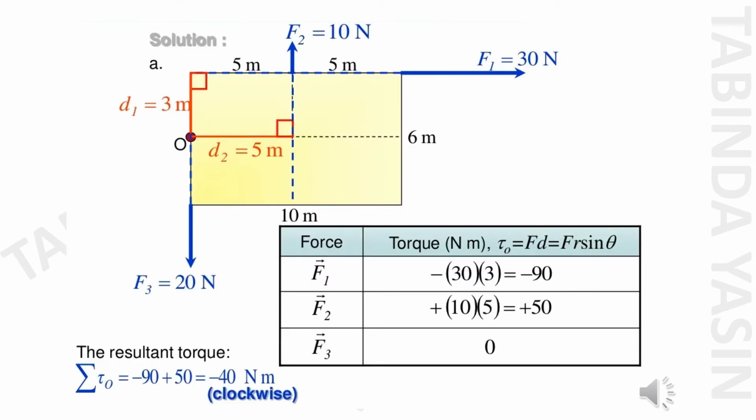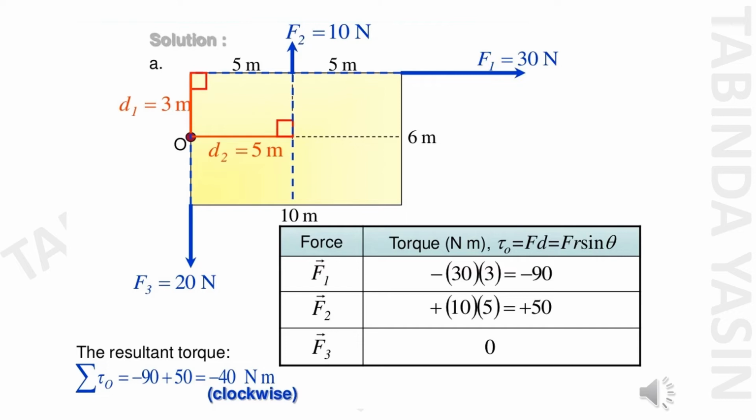Now taking the first example, part A, the distance of the block is divided into equal parts. d1 is 3 meter and d2 is 5 meter. All the values are F1, F2 and F3. So we have the torque, that is equal to Fd, that is r F sin theta. So substituting that value, minus 30, that is the force F1, into 3